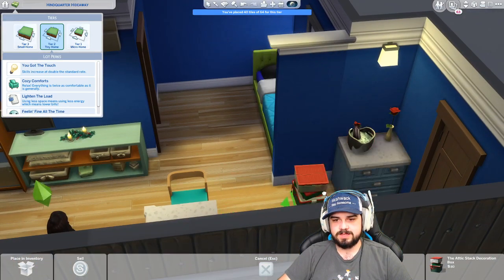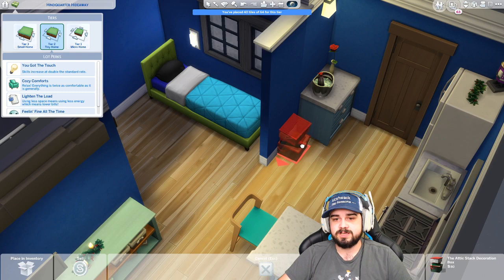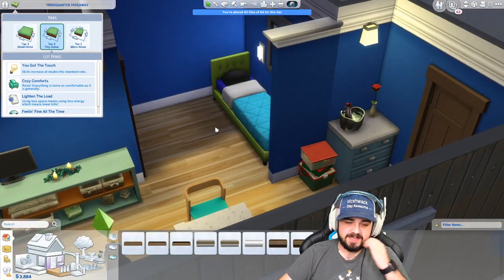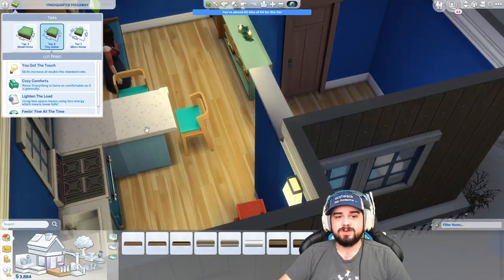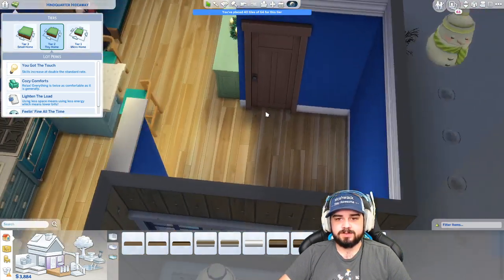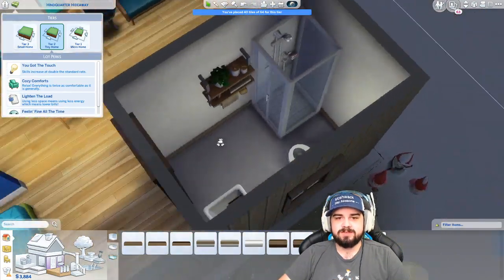What we can do with this is, because it is holidays, we're gonna leave this out here. And I think what we are gonna do, I know I wanted to put a computer over there, but I think what we're gonna do is put a computer here. Let's do the bathroom first before...